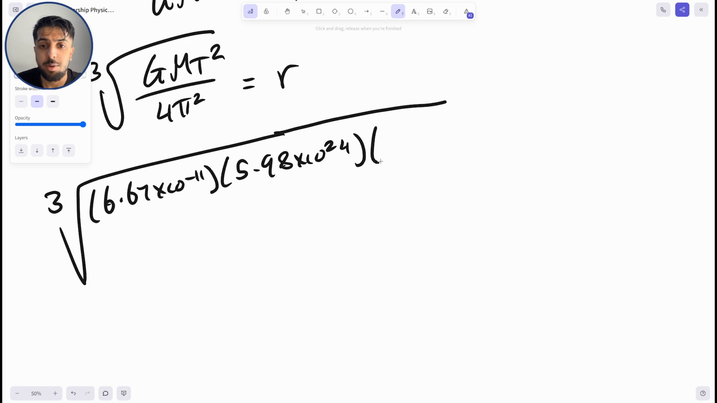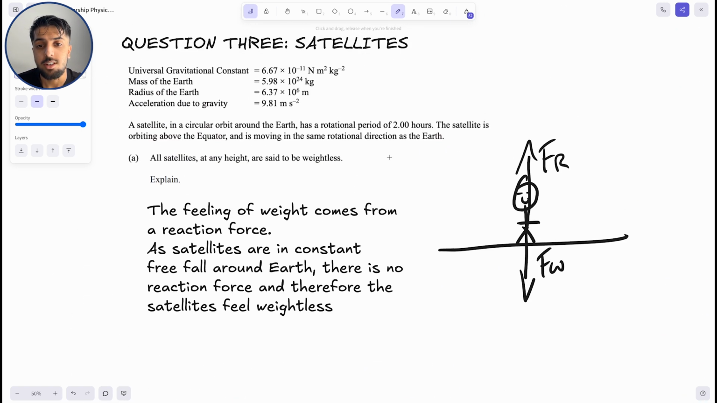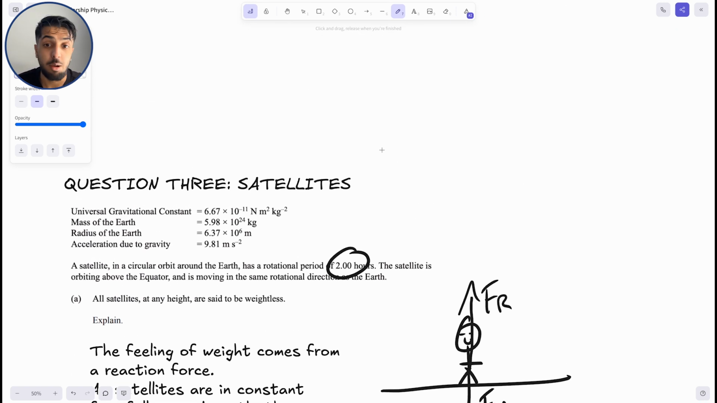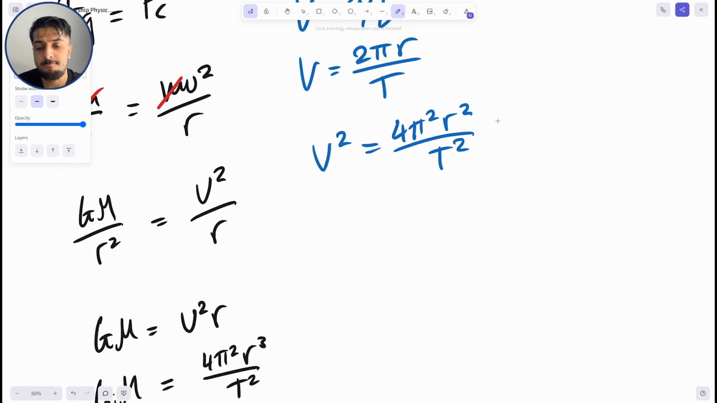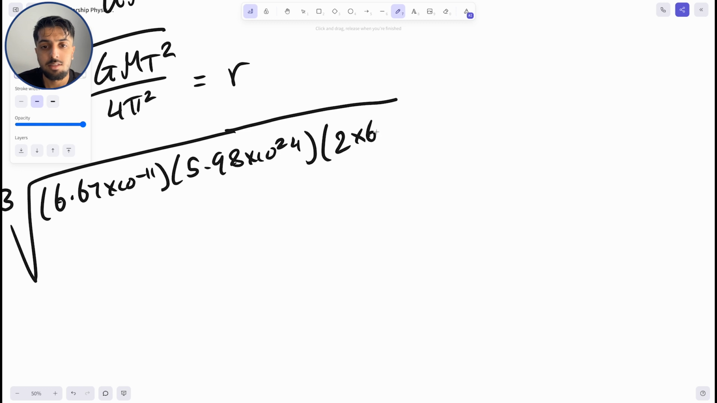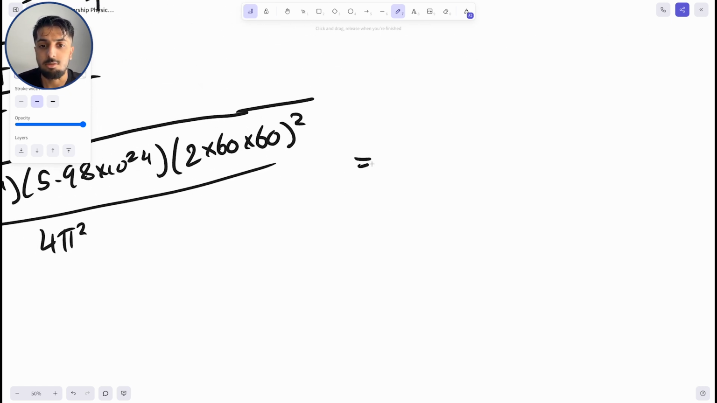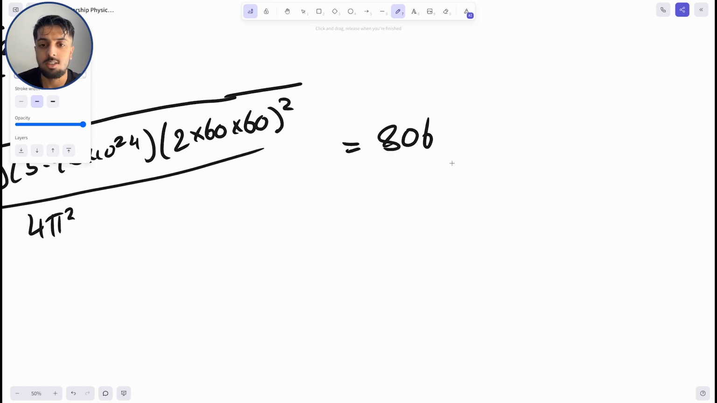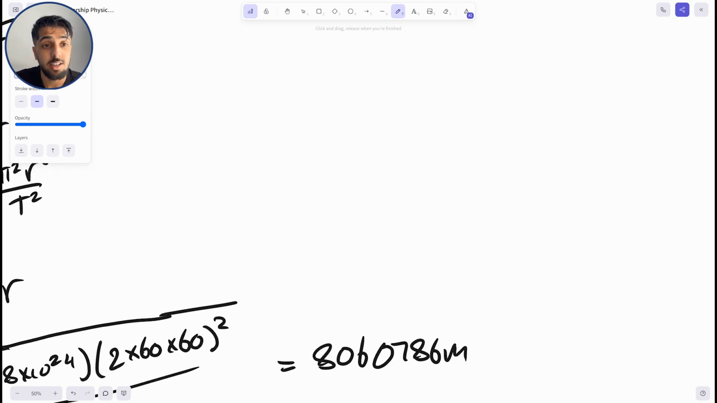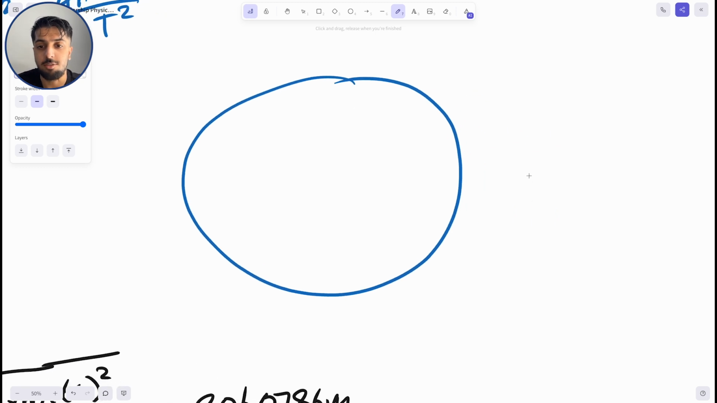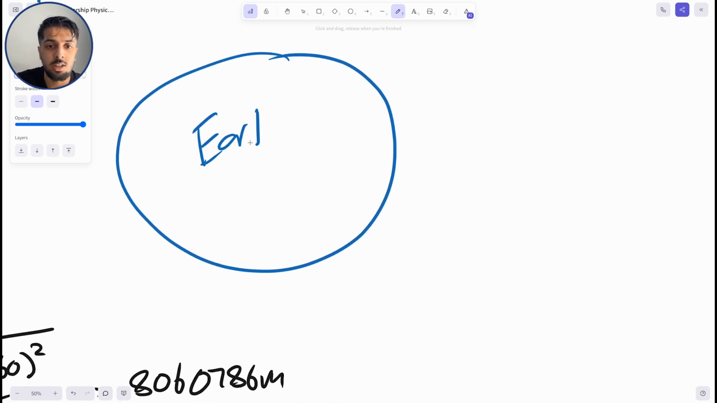This is times by our period squared. We know our period is 2 hours, and therefore our period in seconds is 2 times 60 times 60. And that's all squared, and this is all divided by 4 pi squared. And this gives us a radius of 806.0786 meters. Now, slight caveat here, this radius, if we have Earth here, so this is Earth, and then we